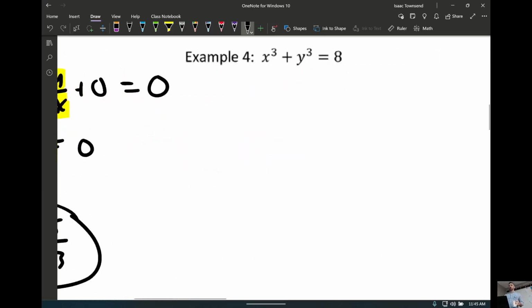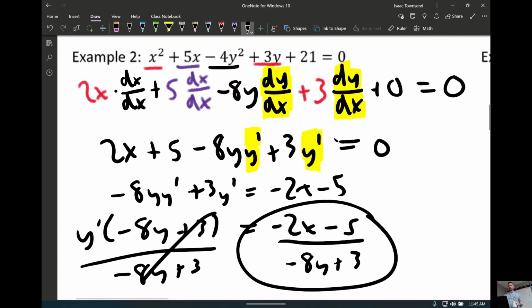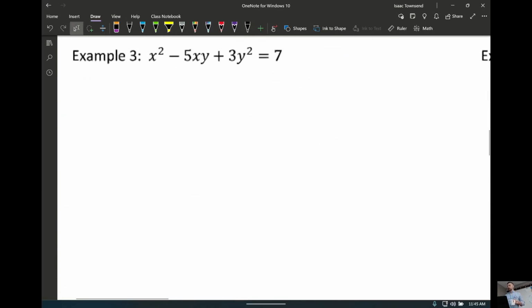Okay, moving over to example 3, or down to example 3. So if I just want to know the derivative of x squared, it's 2x, and then at least on this side of the worksheet, put dx over dx. I'm taking the derivative of x, that's the variable here, with respect to x, minus 5 times